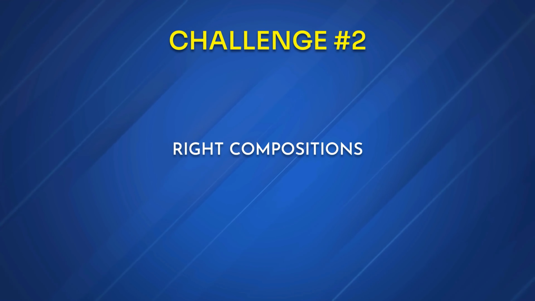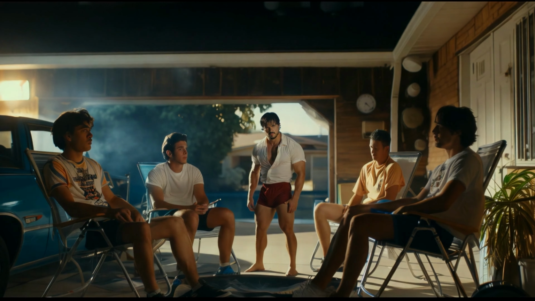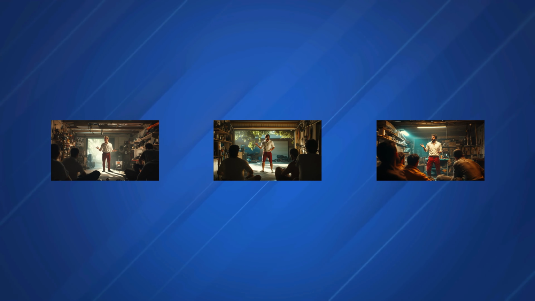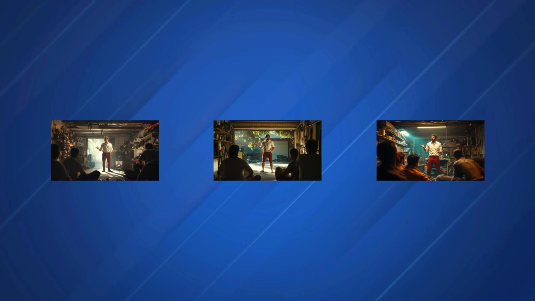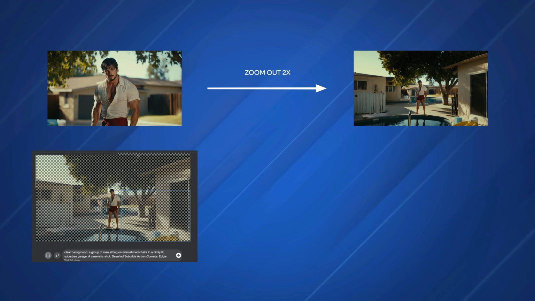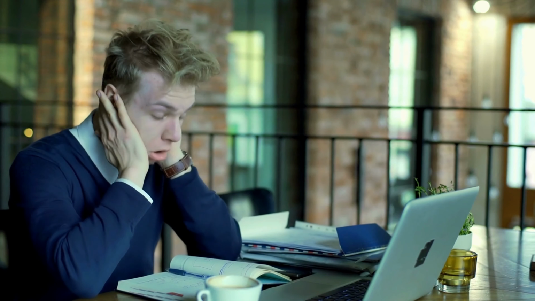Another challenge was getting specific compositions that I envisioned. For example, I wanted a scene where the leader was standing in his underpants, but Midjourney kept generating characters in red pants instead of boxers. I solved this by taking the image, zooming out, and finally getting the boxer shot. Then I used Midjourney Editor to change the background and add a group of men. It took a lot of time to get right though.